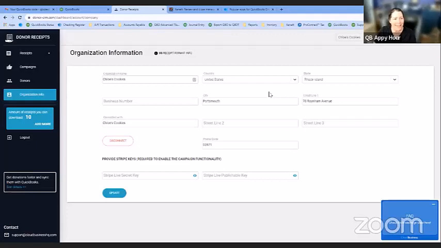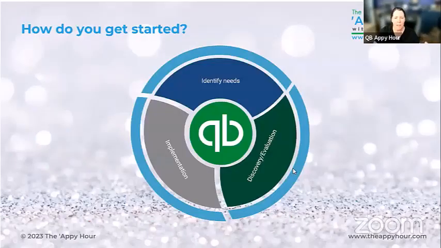So I'm not going to go through and set this up, because every app is different, but I wanted you to see what that experience looks like in case you had never set up or connected an app to QuickBooks Online before. So that is really how easy it is to connect. How difficult it will be to actually set up the app depends on the type of app that you are going to be implementing. So in that case, what we recommend, Liz, I'm speaking for both of us here, is